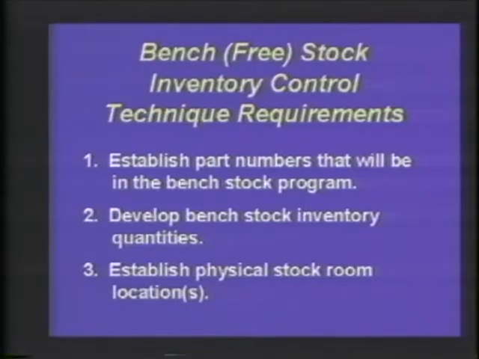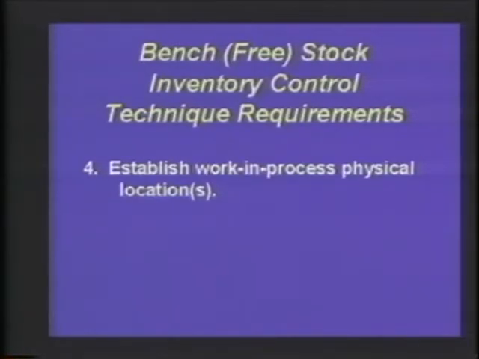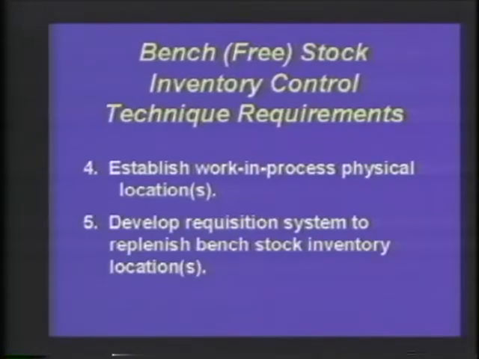And then we want to establish the work in process location by, let's say, bin number, or if we have a carousel, by tier number within a carousel, or any other storage requirement. We want to establish the requisitioning system. Well, there is no requisitioning system. The storeroom will actually be responsible to replenish the inventory through one of 3 methods, which I will explain in a moment. Now, moving on to page 33,